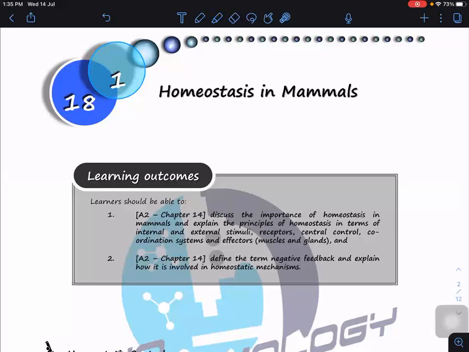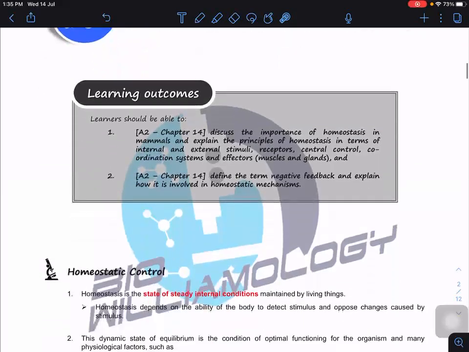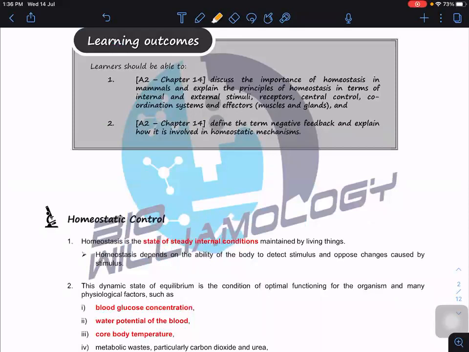Okay, so now we're going to look at homeostasis in mammals. Okay? We use a mammal as our model to study homeostasis. And what we're going to look at here is we want to discuss the importance of homeostasis. Why we need homeostasis, okay? And we need to explain the principle of homeostasis in terms of a few terms that we have to use here: